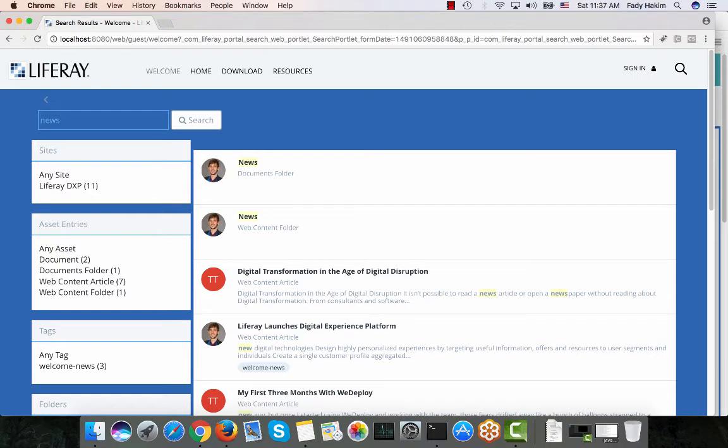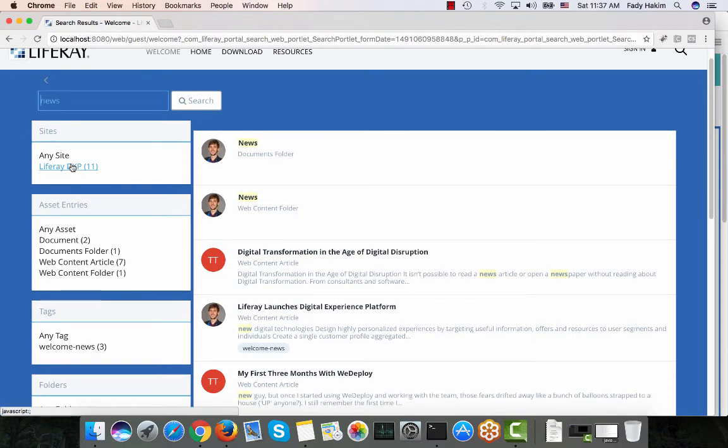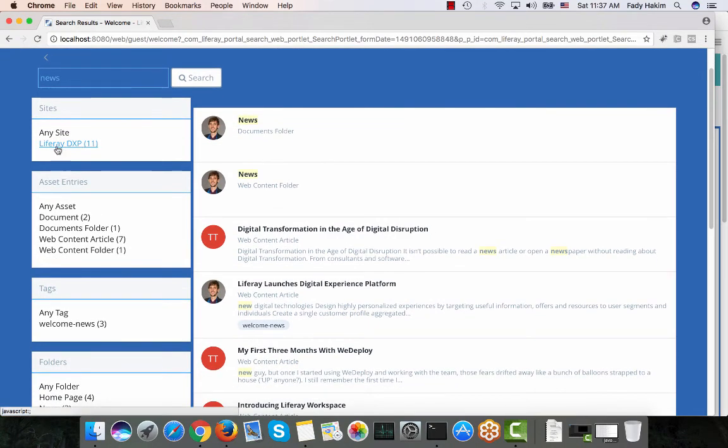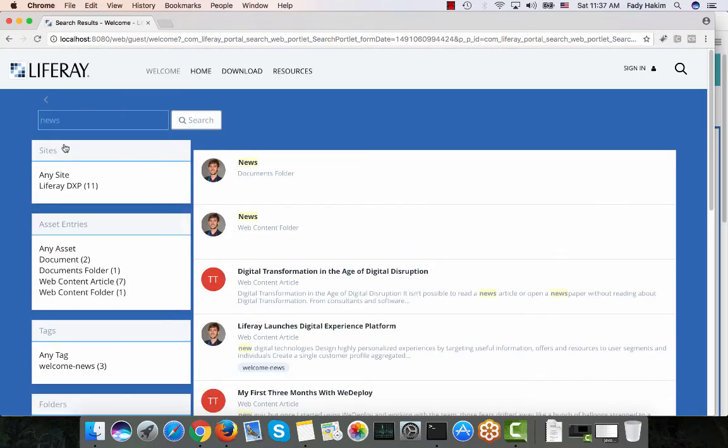But since you may have a long result, Liferay offers you another feature. It's called facet search, where you can add facets to minimize your search results so you can find what you want more easily. So I can add a facet here. For example, I want everything inside Liferay DXP sites. So once I click on this, it shows me all the news words inside the assets inside